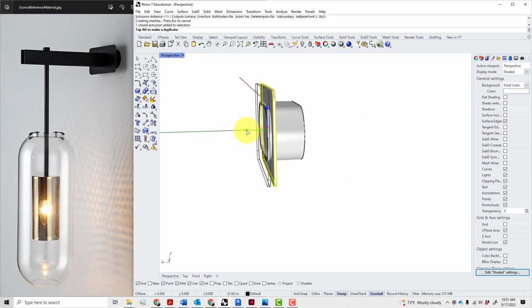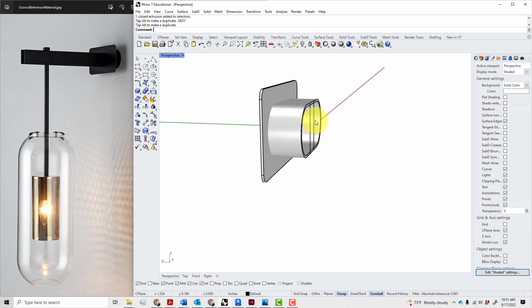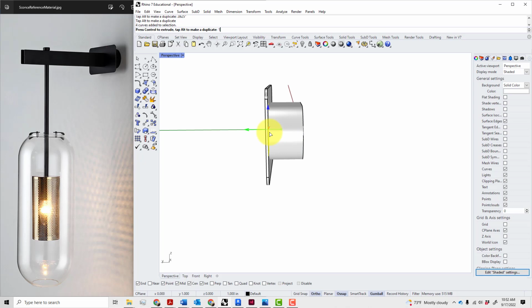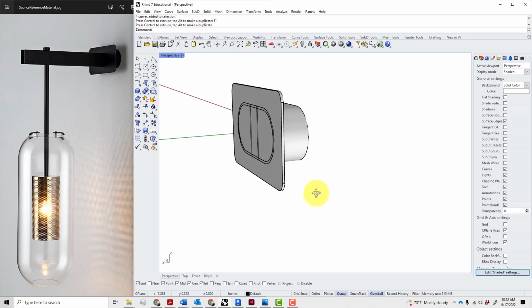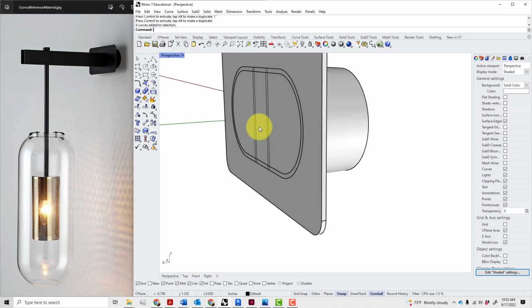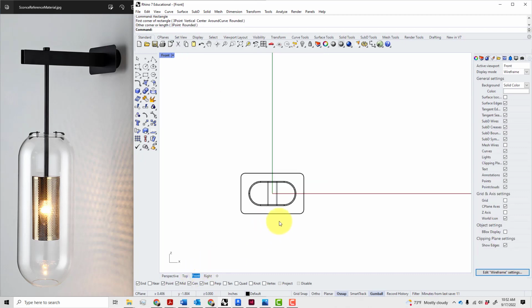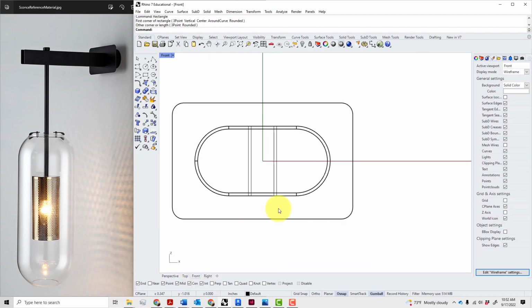I'm going to push that back so that this is at 1 inch, that surface, not this side. And so I'm going to move now these guys to 1 inch. Alright, so now we're ready to